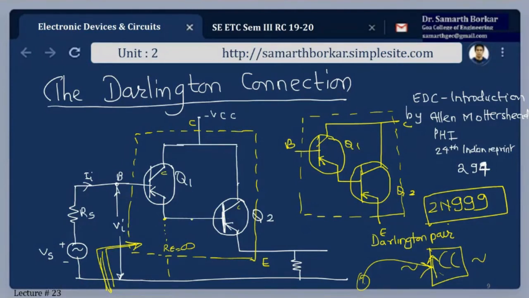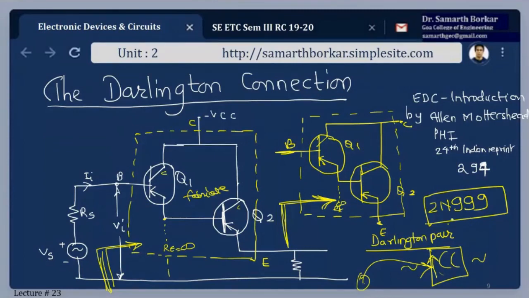So what we can do is fabricate these two devices onto a single device, and then it is available in the market as a Darlington pair with three leads: base, emitter, and collector. Just like a transistor has three terminals, even this has three terminals, but inside it has two transistors. And what is the job of this? If I look, the input impedance is very, very high. Why? Because this emitter resistance is infinity. I hope this point is clear.